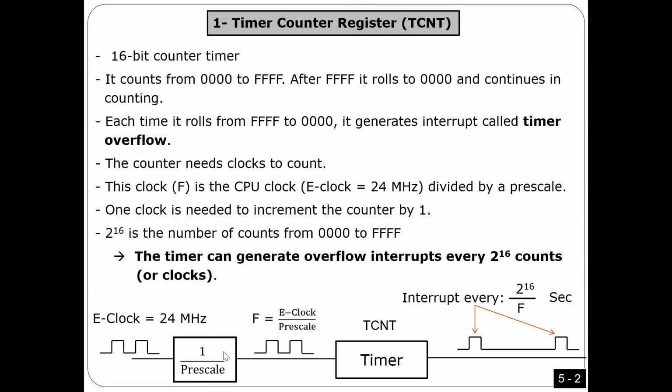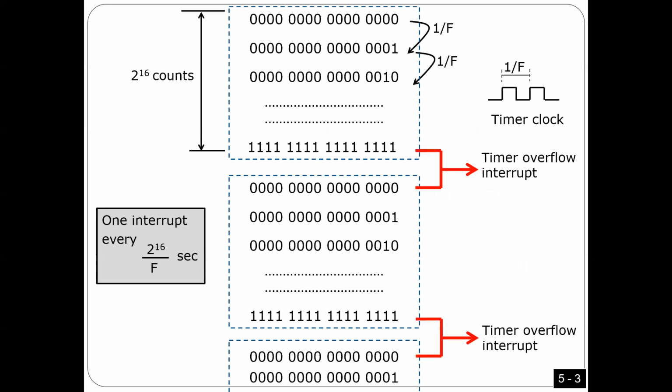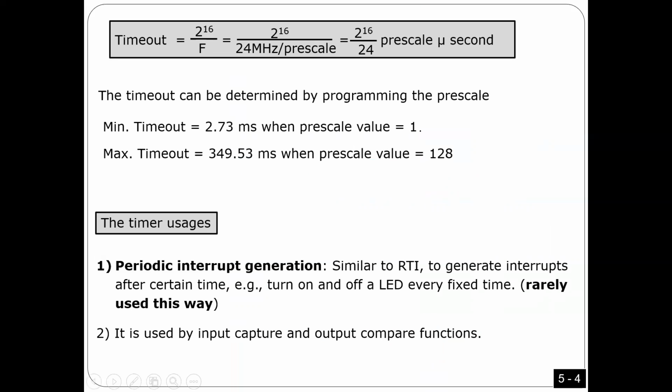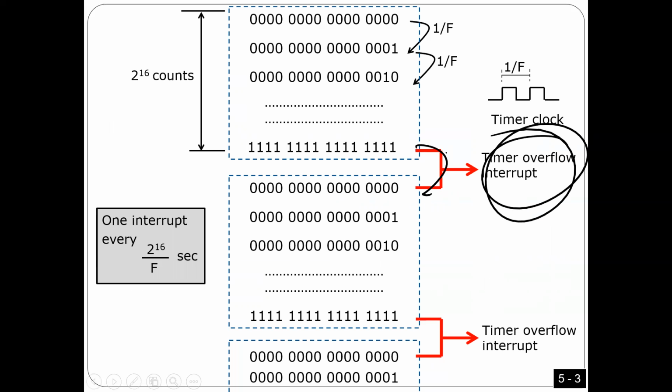Here, this is how it works. It's like a counter or timer, whatever you want to call it. It's 16-bit, so this counter should just count, right? As you see here, it is 16-bit: 0, 1, 2, 3, 4, 5, 6, until all ones. Is that okay? After all ones, it's going to go to all zeros again. And at this moment, we call it overflow. That's why we trigger overflow here. Is that okay?